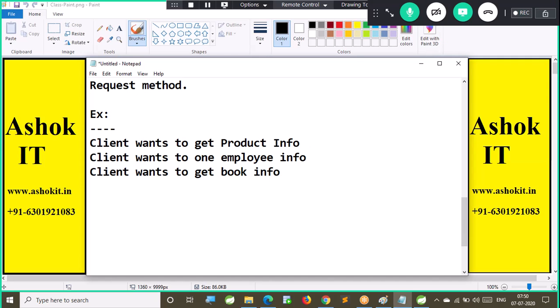The HTTP GET request method is an idempotent method. That means it is a safe request. Why is the HTTP GET request a safe request?